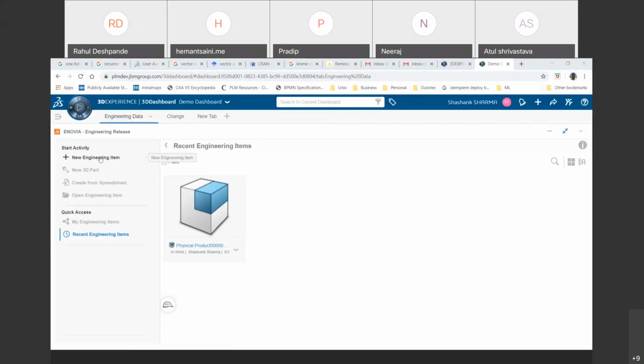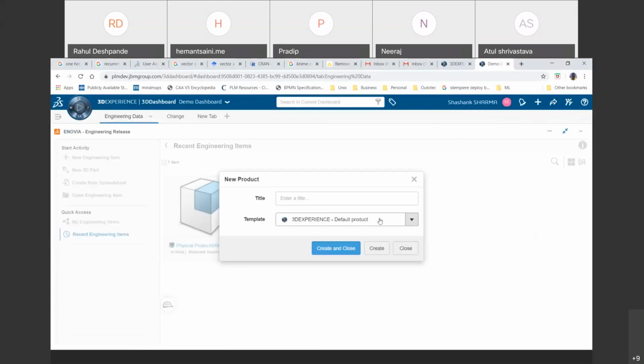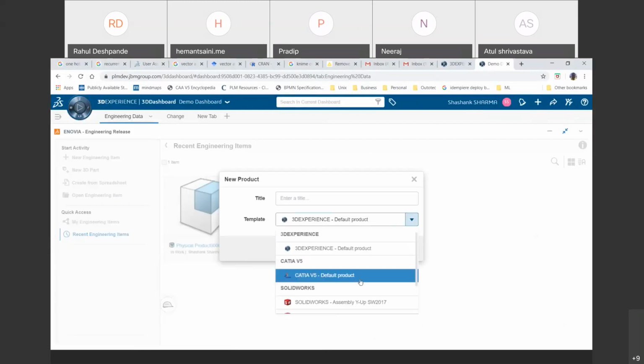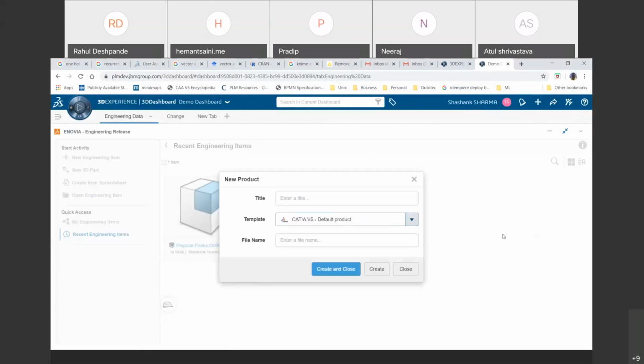Okay. So now I go to engineering item. I'll create a new CAD product. Okay. And I can give some English title. This is not the name. I can give it a name relevant to what I like to open as a BOM, so that I give relevant names.